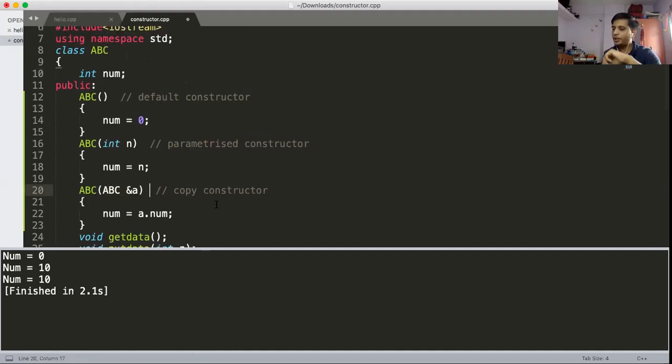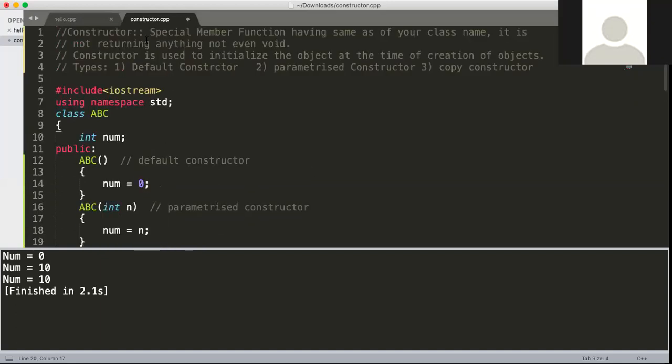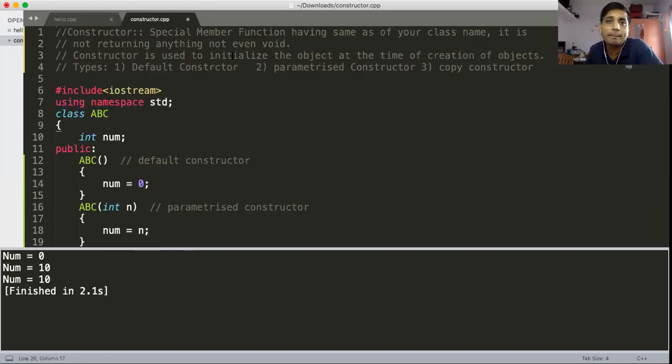So getting this point, if you have pen and paper with you, you can write down this definition. A constructor is a special member function having the same name as your class name, and it does not return anything, and it is called automatically.